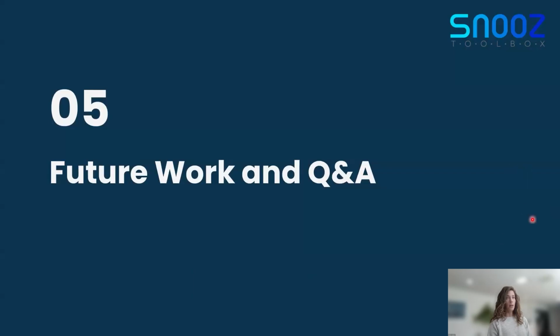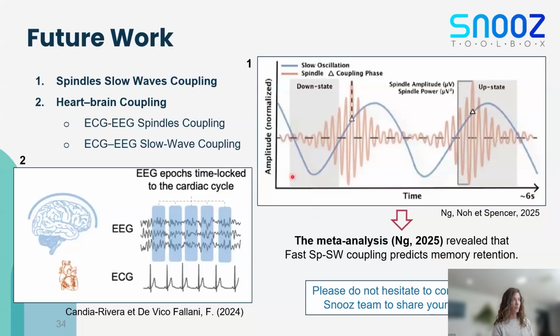I will finish with a short discussion of the tools we plan to incorporate into Snooz. We cannot talk about spindles and slow waves without mentioning their potential coupling. What is coupling? Figure 1 illustrates this phenomenon. With the slow wave curve in blue and the spindles in red, the triangle here indicates the phase of the slow wave at which the spindle activity